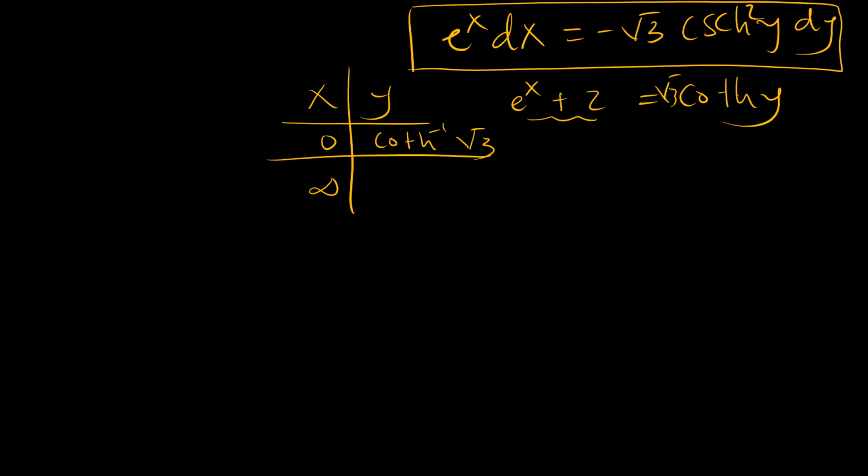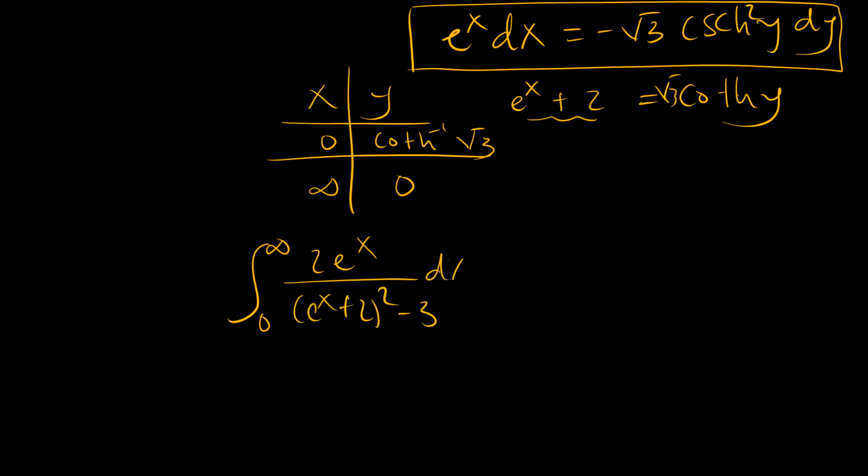The hyperbolic cotangent, the inverse of the arc, is 0. And you can go ahead and check that. Okay, so our problem, the integral from 0 to infinity of x over e to the x plus 2 squared minus 3, becomes